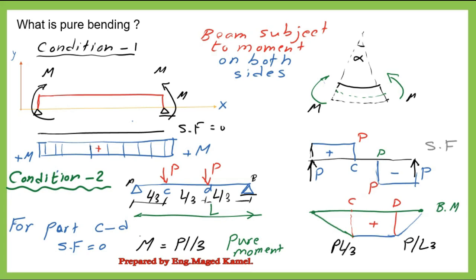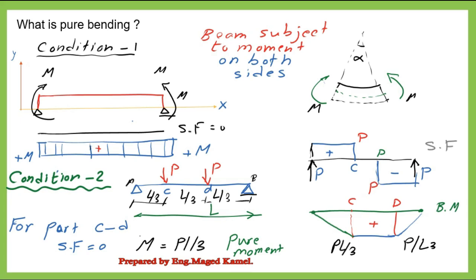Because the bending moment on the right-hand side will produce a couple. It is anti-clockwise, so the shear force here will be upward, accompanied by a downward shear force on the right-hand side, while the moment on the other side will produce a resisting couple, so the shear force here will be downward and the other shear force here will be upward. So downward and upward are opposite to each other, and both supports will cancel each other. That's why the shear force will be equal to 0.